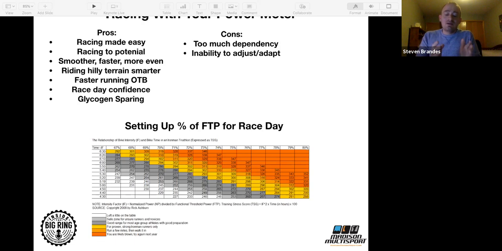But it holds true. If anybody rides above typically 300 TSS, if I look at their Ironman bike file, and it says 301, their run probably did not go very well. If it showed 280, they probably ran awesome. But this chart, if you want to follow a chart, this is the chart. I have not seen one for half Ironman racing. I have not. But we'll get a little bit into TSS for half Ironman racing.